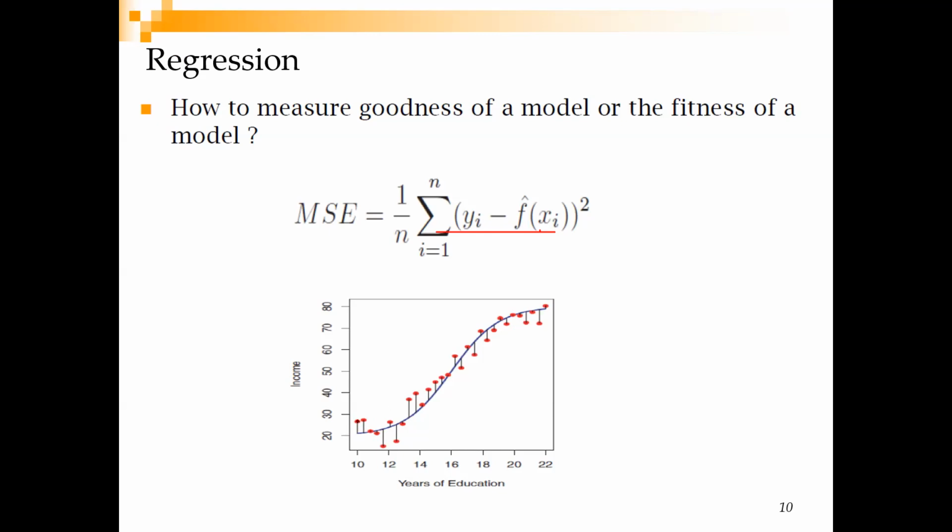So this is your error, and you are squaring it, so that's why you call it a squared error. Then you take the sum and divide by the number of observations. When you divide by the number of observations, you are calculating the average error or the mean error. So that's why it is called mean squared error. Is it clear to you? So in case of regression, you calculate the mean squared error, and like classification, where you may want a zero classification error, here also you may want a zero mean squared error.